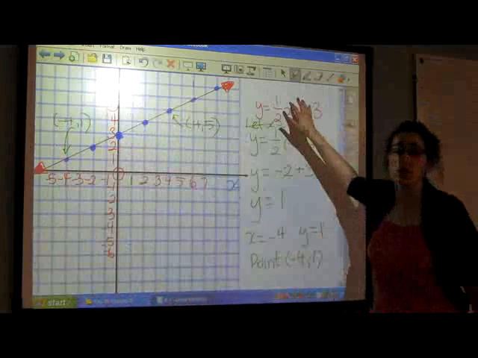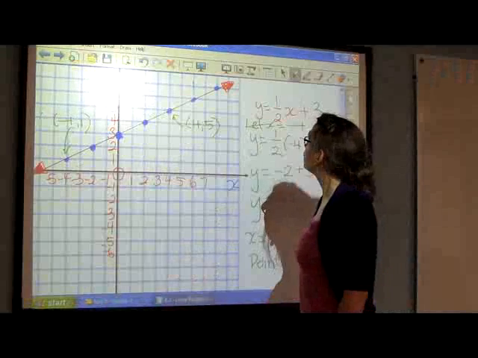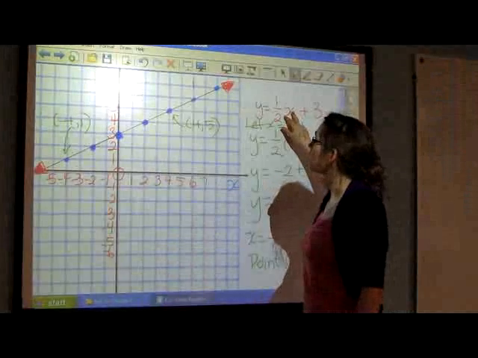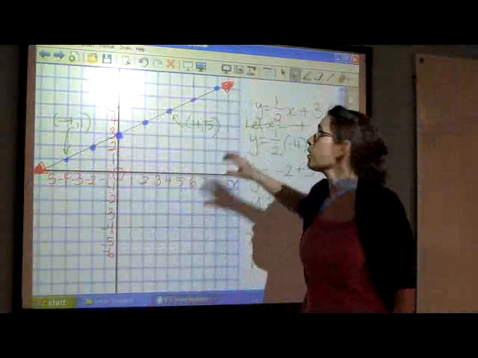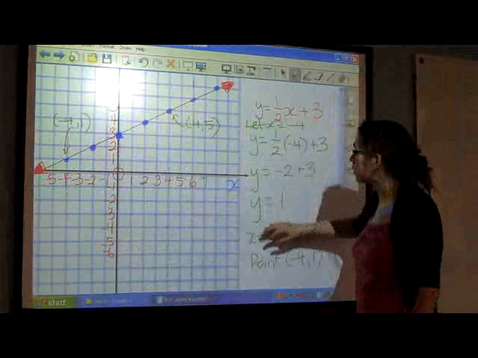So really what this equation is telling me is if I plug an x value into here, I'm going to get a y value that falls on this line. If I do my math and I get a y value that's different